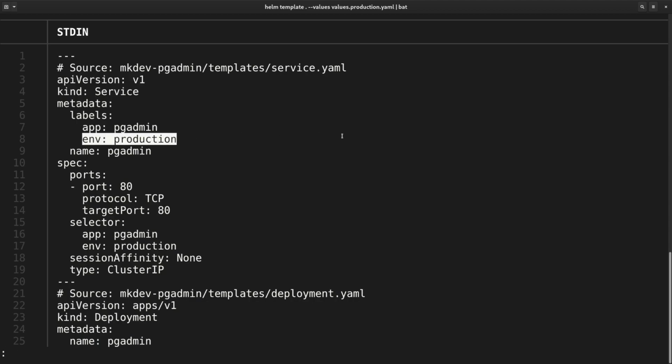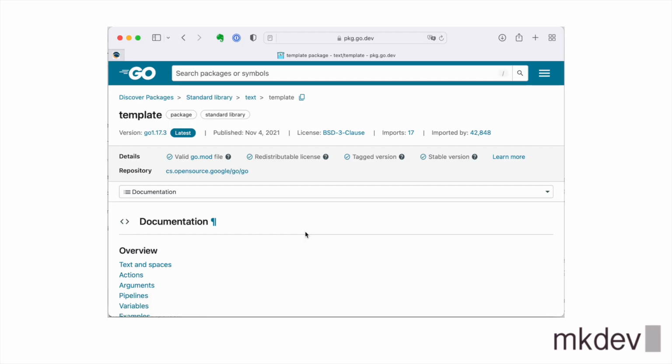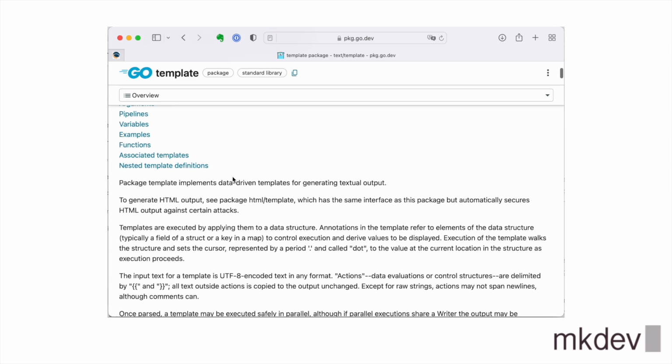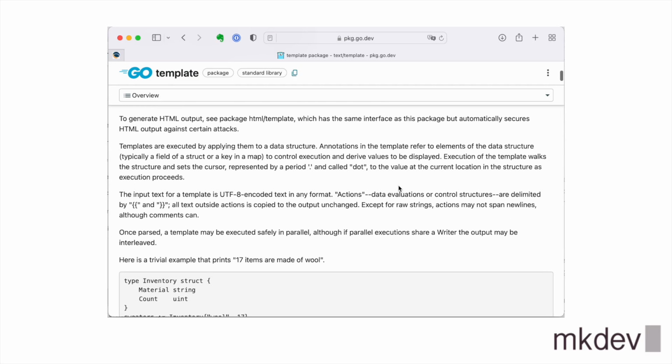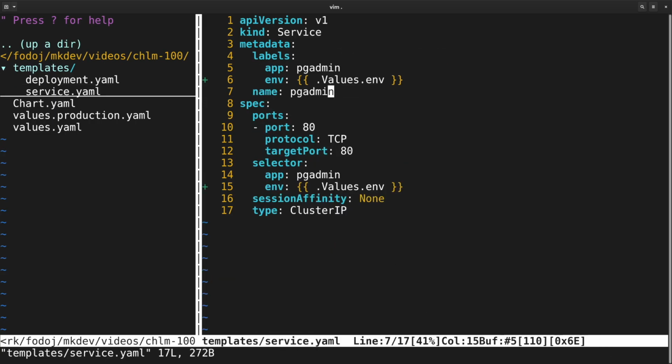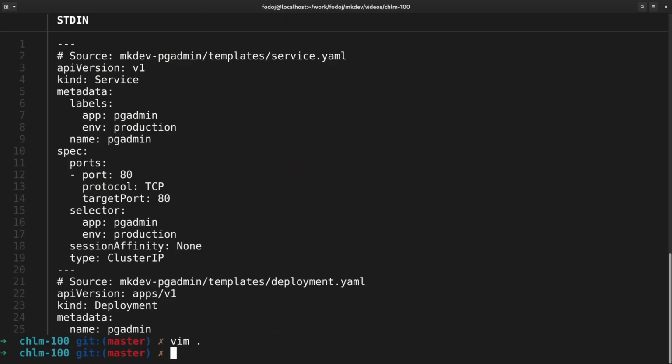We can reference values anywhere inside the template file. Under the hood, Helm is using a template processor from the Go programming language, so most of the things Go templates can do, Helm can do as well. Let's make the names of our resources dynamic by adding env as a suffix. And now let's run helm template again.